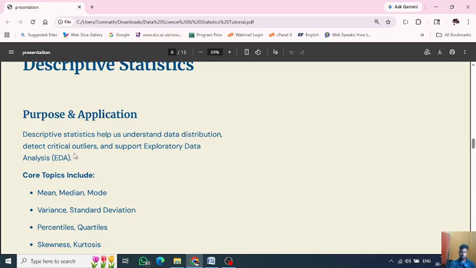Descriptive statistics help us understand data distribution, detect critical outliers, and support exploratory data analysis. For example, in a company, the salaries of the employees are like 10, 20, 25, 15. Okay, the usual salary for 95% or 99% of employees is around 30K. Okay, but